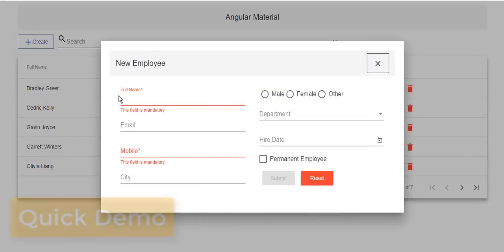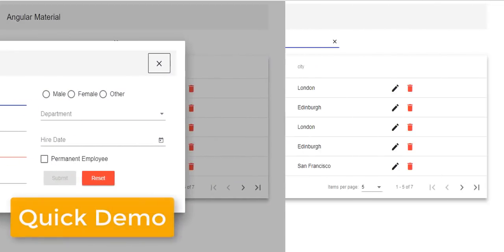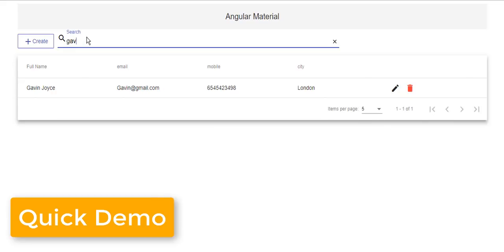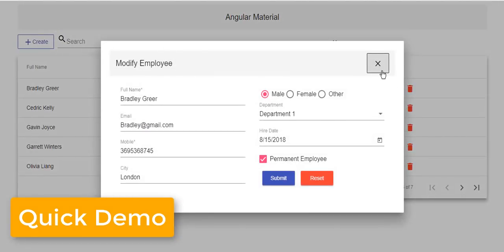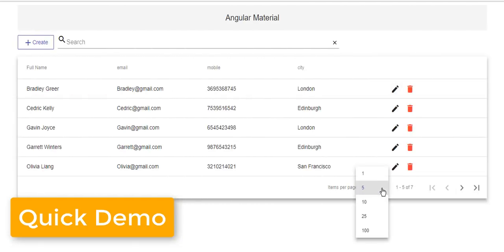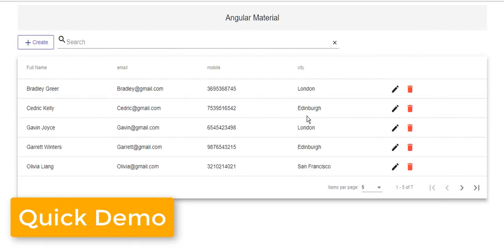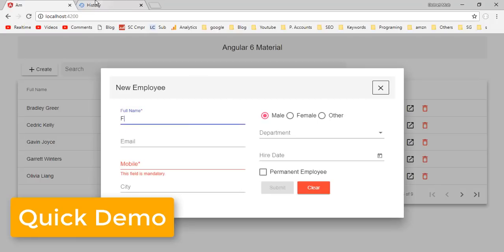Quick demo of this video series. With this video, we have started a new video series on building complete Angular material application with practical examples. In upcoming series of videos, we will learn how to use Angular 6 material. We will have discussion on form design, CRUD operations, pop-up dialog, data table with paging, sorting and filtering, and much